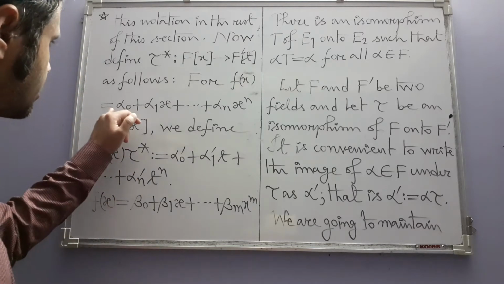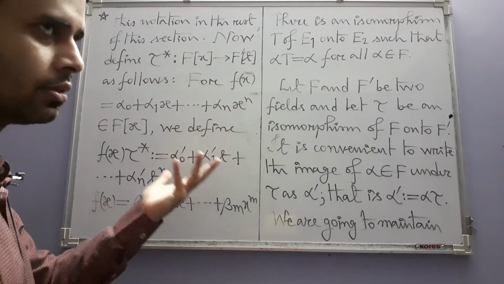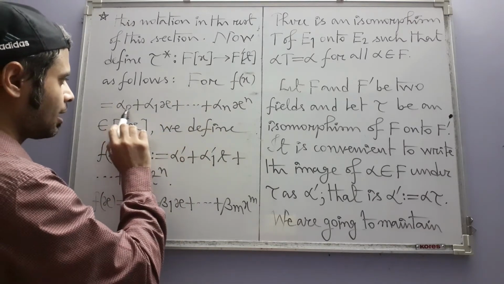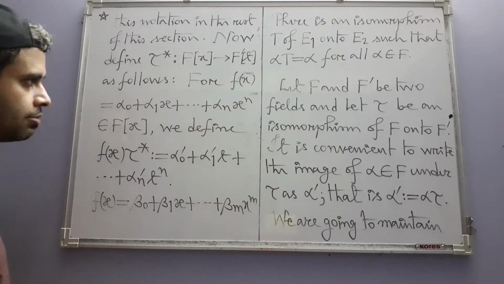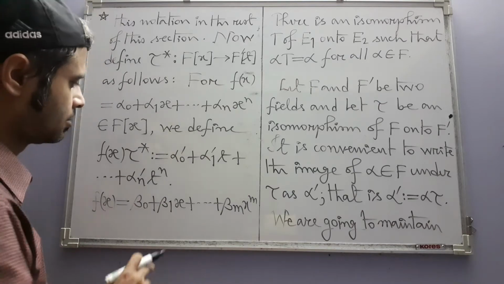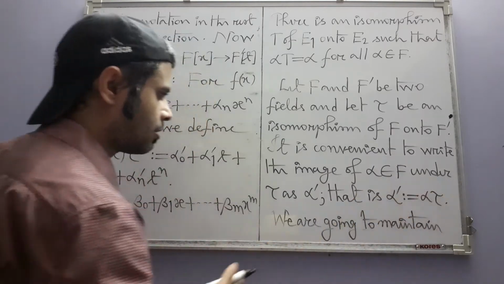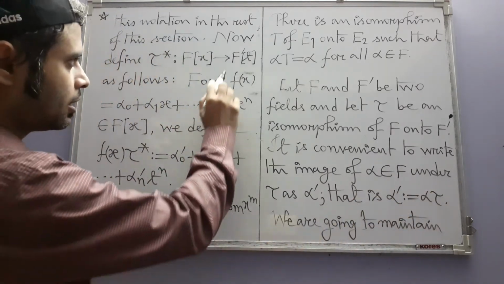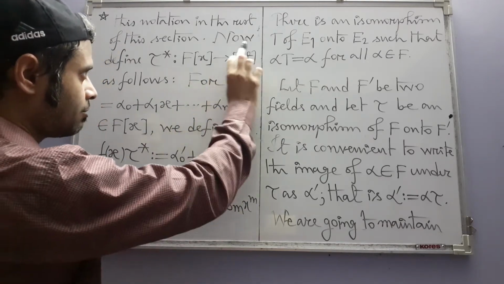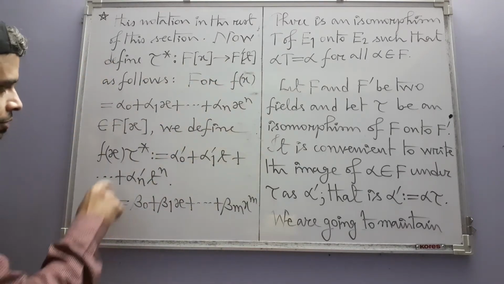In other words, this expression expressing the polynomial f(x) is itself unique. What this simply means is that these alpha i's are uniquely determined by f(x). So you have these alpha i's and you won't have any other set of coefficients. Because the alpha i's are unique, their images under tau are also unique. The alpha i primes are unique elements in this second field F prime, and that is why this polynomial is a unique element in F prime[t], and that is why our function tau star is